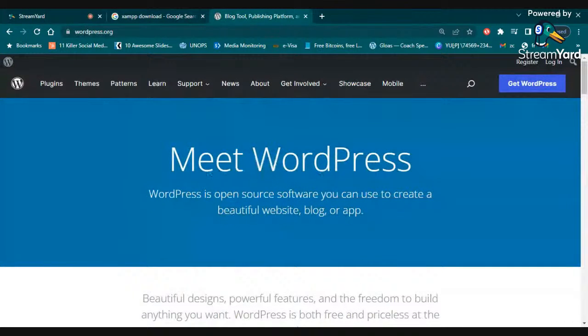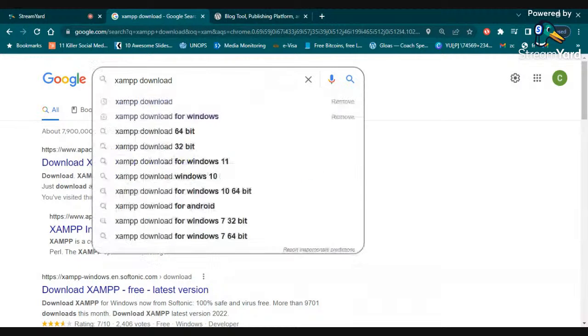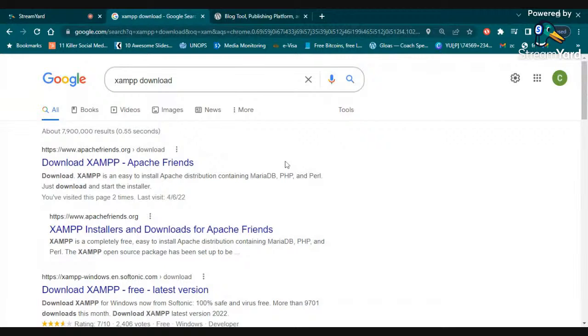So how do we access this? First of all, you need to go and download the XAMPP platform. To download the XAMPP software, just type XAMPP download on Google, and it will lead you to this page. You're likely to see this first one, which is apachefriends.org. So you open it, and once it opens, you need to select